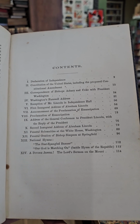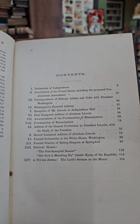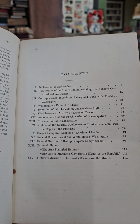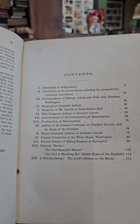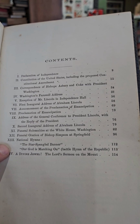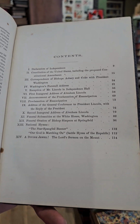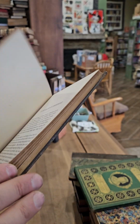Emancipation, address of the General Conference to President Lincoln with the reply of the President, the second inaugural address of Abe Lincoln, the funeral, solemnities at the White House, the funeral oration of Bishop Simpson at Springfield, national hymns, you got the Star Spangled Banner and Our God is Marching On, or the Battle Hymn of the Republic, and a Divine Jewel, the Lord's Sermon on the Mount. Great